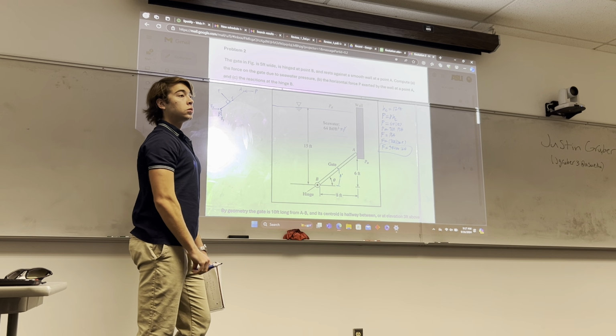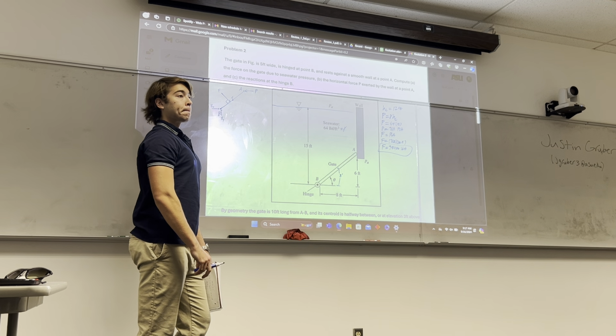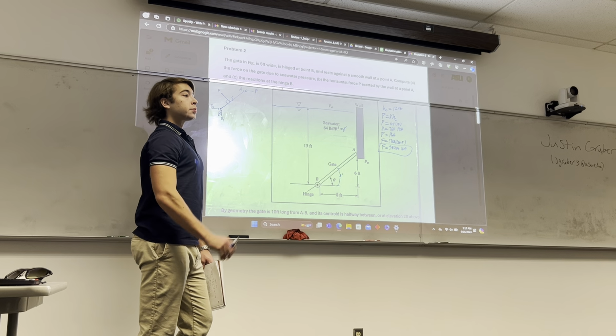Can you explain how the force isn't acting at the centroid? Because when we do distributed load in statics, it's directly in the middle. Yeah, because